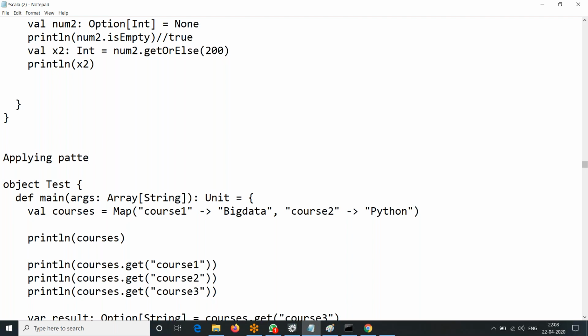Applying the pattern means, you remember, the switch case. How do we do pattern matching in Scala? We implement switch case, but we don't have a direct switch case here. We have a match keyword. With match we implement that switch case, and in Scala it is mostly used to implement this pattern matching. Of course you can also use a switch in other languages for making choices. So, applying pattern matching with option and switch case.